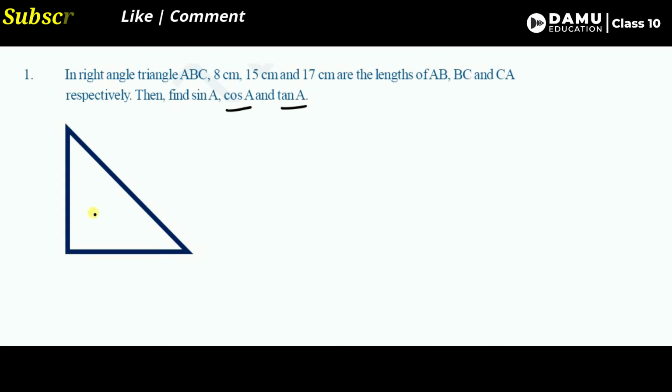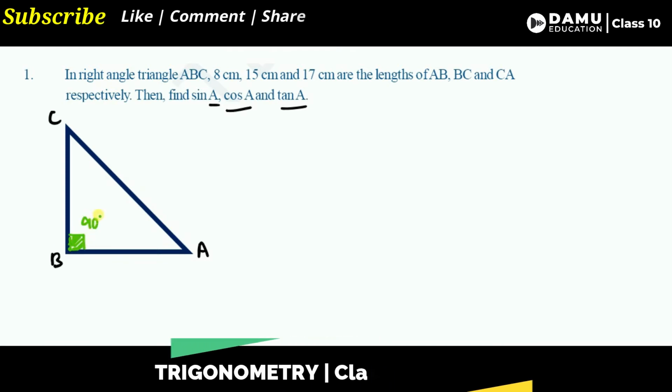What is that? Angle ABC. So let's write it here, A, B, C. Actually everybody will start from A, B, C like this from the left side, but here angle A is there, so for our convenience we started here. So this is triangle ABC. Then where is the right angle? Let's take the right angle at B. So this is the right angle. Then right angle is nothing but the angle is 90 degrees.